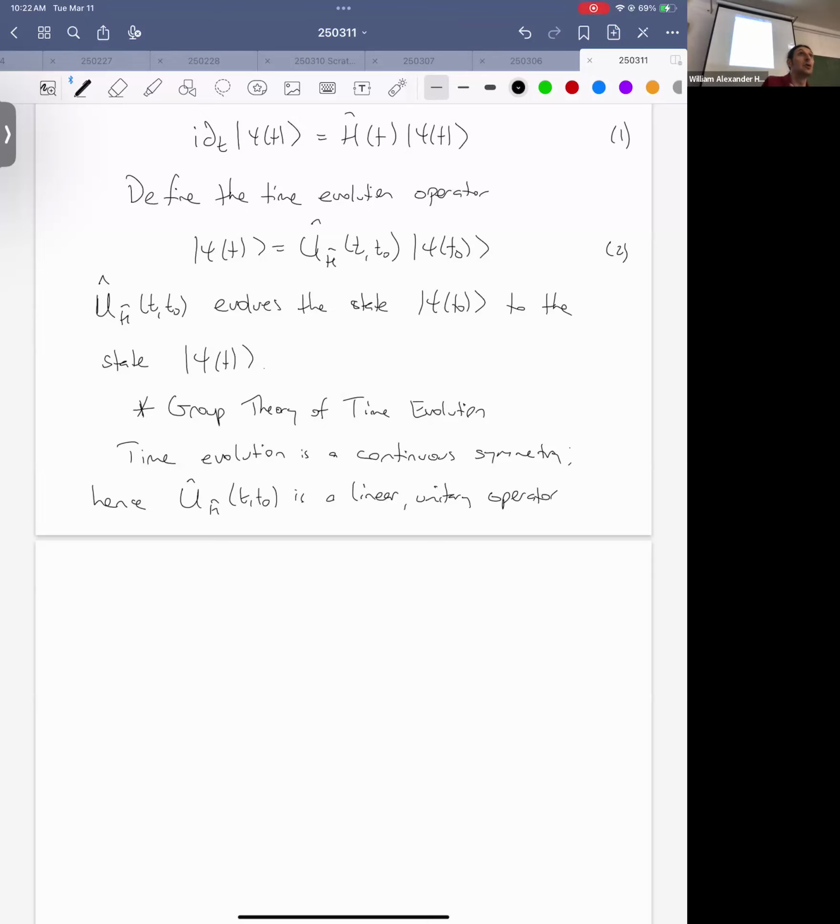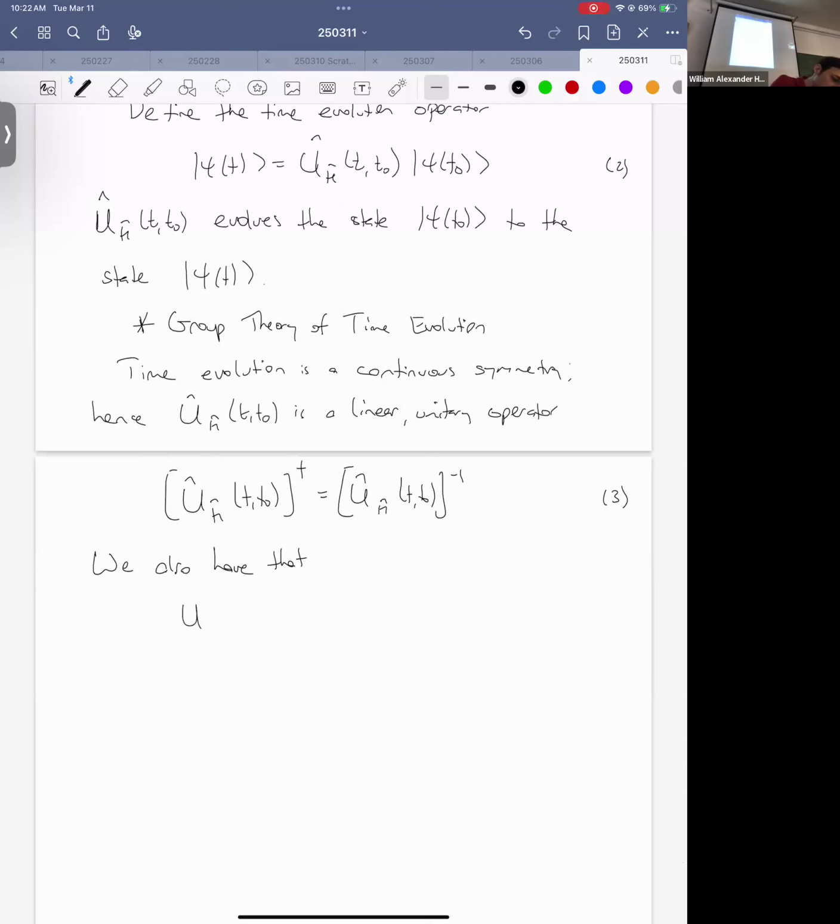Hence why I've written it as a U. So we must have that UHT0 Hermitian conjugate is equal to UHT0 inverse. So it's equation 3. We also have that